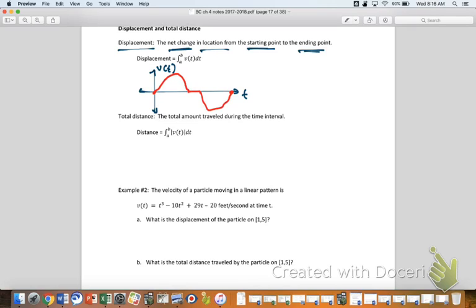So the idea here would be, unless you ran some errands in the meantime, that this area right here and this area right here would be the exact same area, but because one's above the t-axis, the other one's below, they would essentially cancel out as you do your integral, right? And you'd get a displacement of 0. That is very different from the total distance traveled. This is literally like the number of feet, number of miles, number of meters, whatever it is that you moved during the day. And so for this,